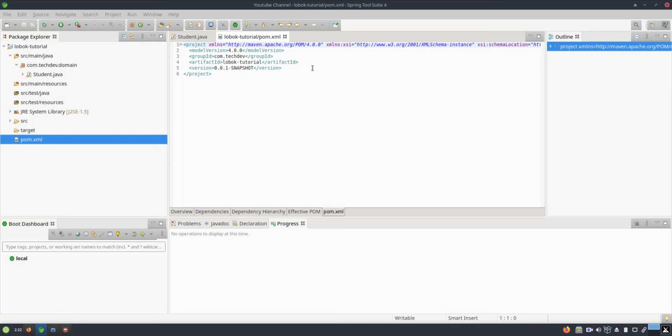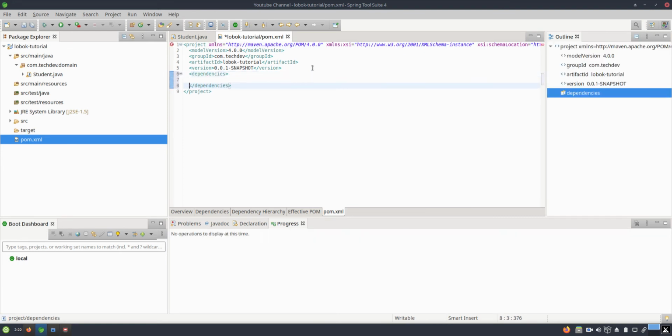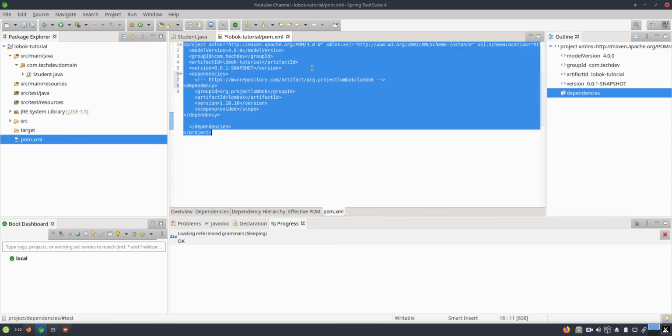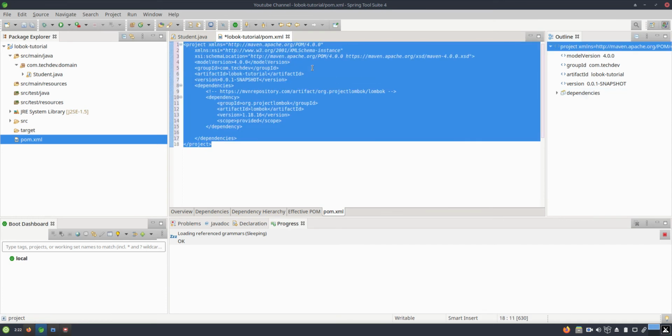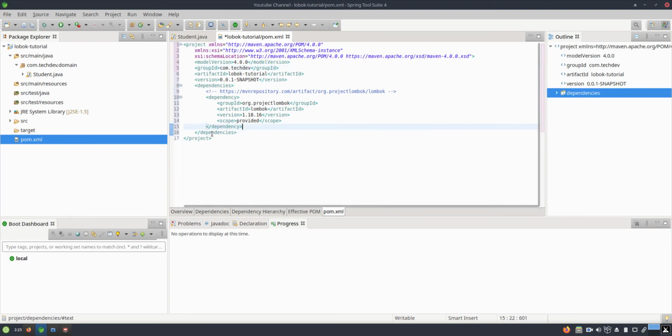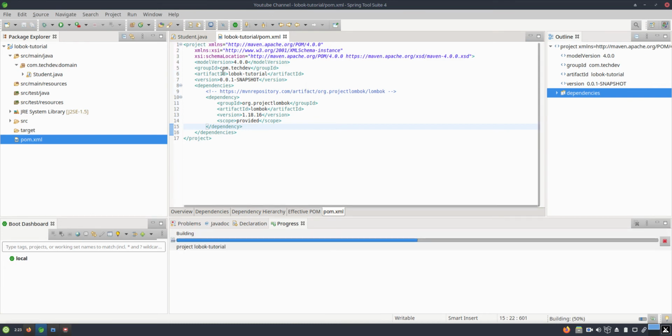Go to this and add the dependency. In dependencies, just paste this and format it. So the Lombok dependency has been added to our project.